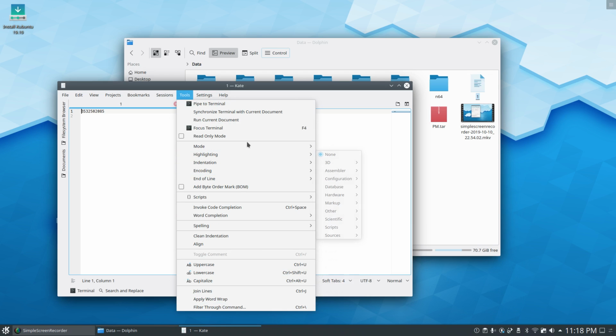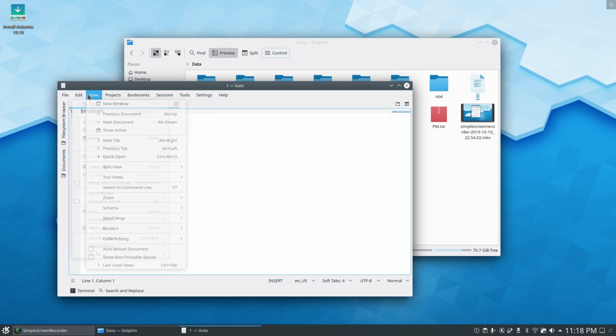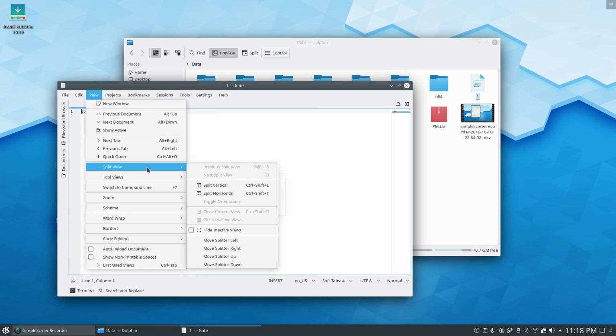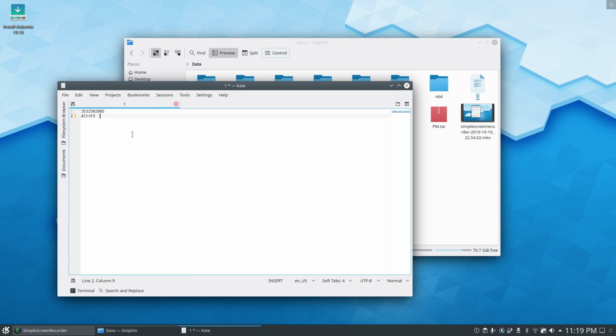I could cover a whole video just for this app, so let's not dive into this app, and you can see how many features it supports. Auto reload documents, show non-printable spaces, it can even show non-printable spaces. See, so if I